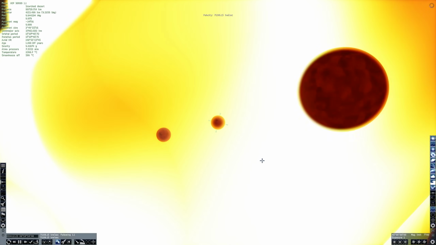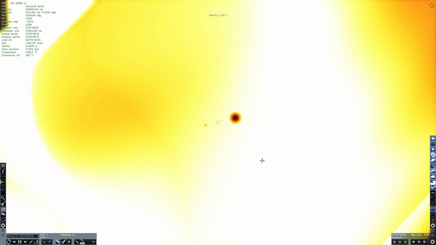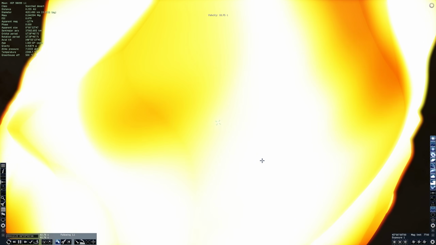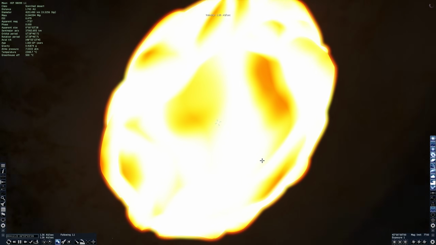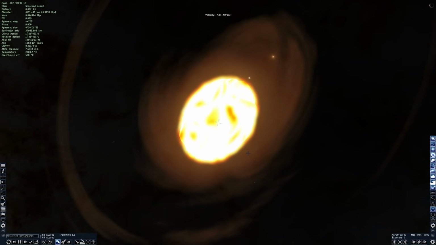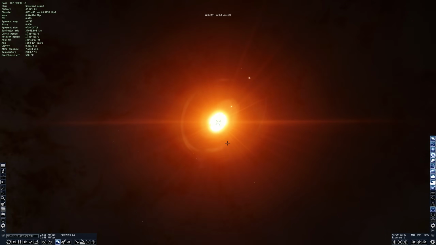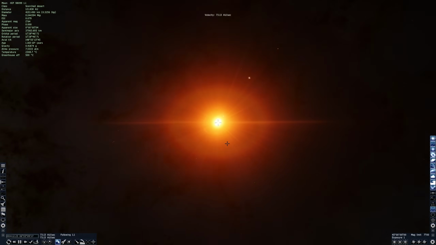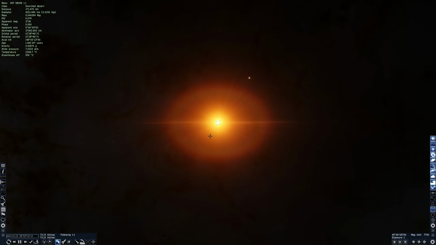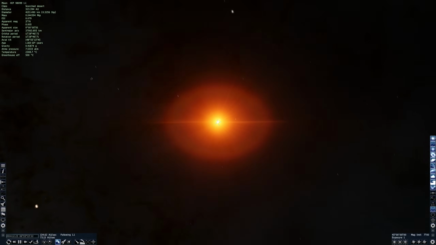Look at that here. So this is just some red giant that's sitting right on the very edge of the Milky Way. Let's see there. There's the clouds coming off it. Let's move back a little. Ooh, nice. Yeah, I have no idea what I'm going to do with this, but the developer, and I say